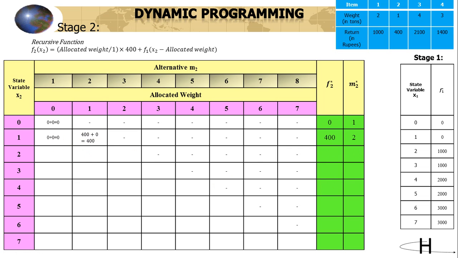Now let's consider the value of x2 is 2 ton. So with respect to 2 ton, when we allocate weight 0, the value of the recursive function again it will be